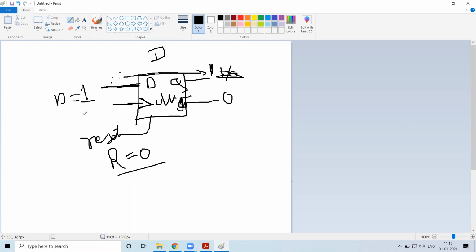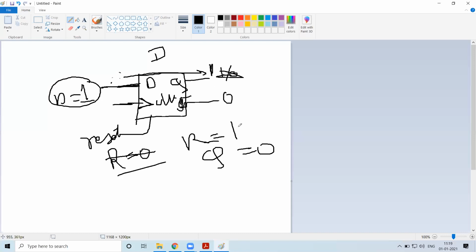Now what I do is, even though D is 1, I make a reset. I'll make reset equal to 1. When I make reset 1, it should override whatever value is given to Q, and it should make Q equal to 0, no matter whether D is 0 or 1.